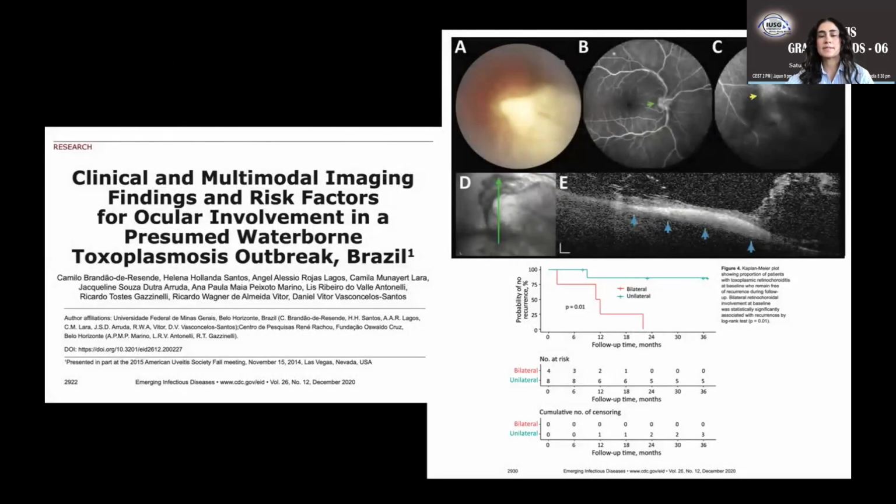And here we had this study that was made here in Belo Horizonte. We had an outbreak of toxoplasmosis, and in this atypical type of patient, these images are really alike the one that we had. You are seeing these really large and big necrotizing lesions that don't look like a typical toxoplasmosis. And we saw that in this type of patients, the recurrence was really high. So the prophylaxis was more important in this type of patients because the recurrence is higher, as you are seeing in the Kaplan-Meier in the lower part of the image.